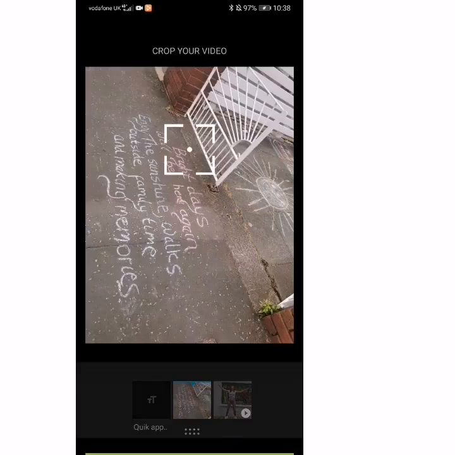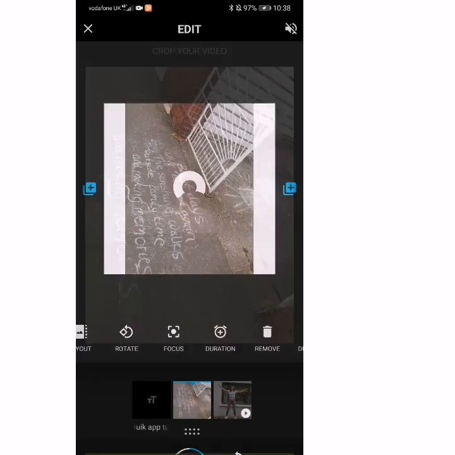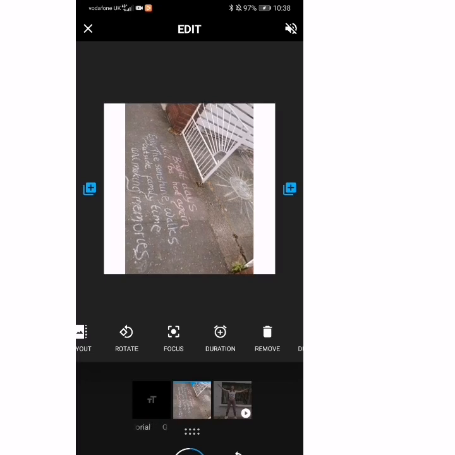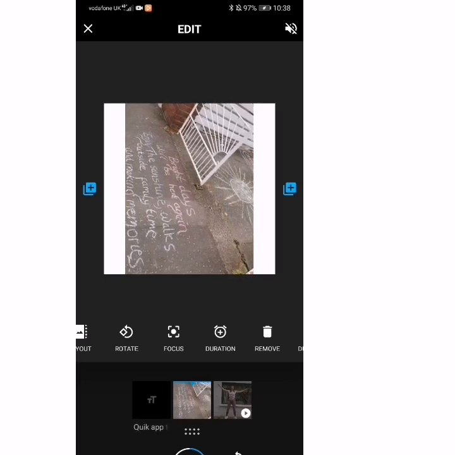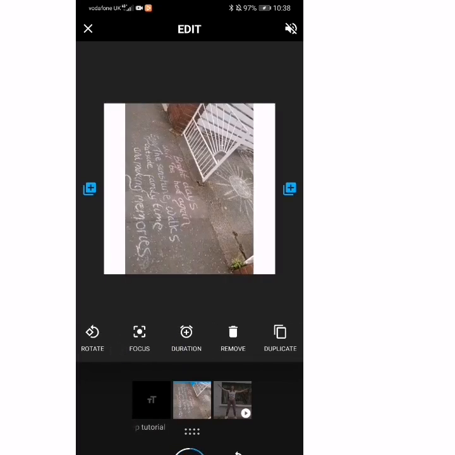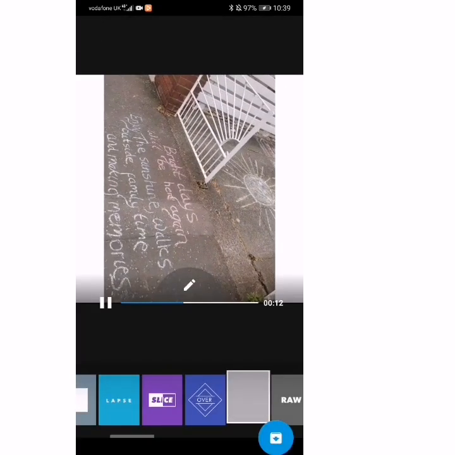Then you can focus, so you can focus on what your video wants to look at or what your photo wants to look at, and then you can remove it and then you can duplicate it so it will come on twice. So